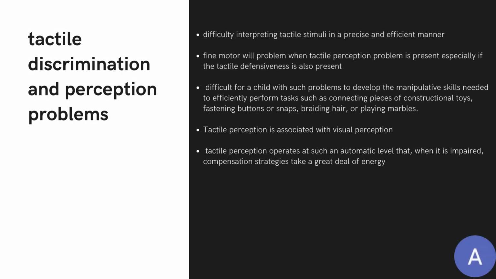Tactile discrimination and perception problem. Poor tactile perception is one of the common sensory integrative disorders. Children with this disorder have difficulty interpreting tactile stimuli in a precise and efficient manner. For example, they have difficulty localizing precisely where an object brushed against them, or using stereognosis to manipulate an object that is out of their sight. Fine motor skills are likely to suffer when a tactile perception problem is present,